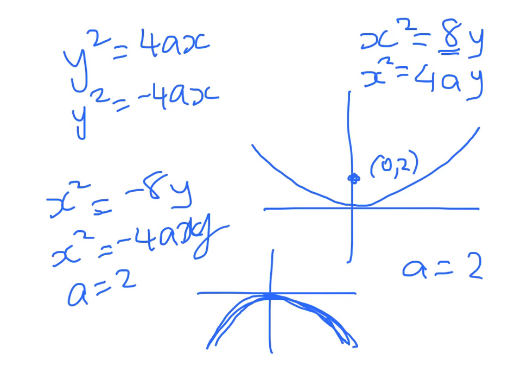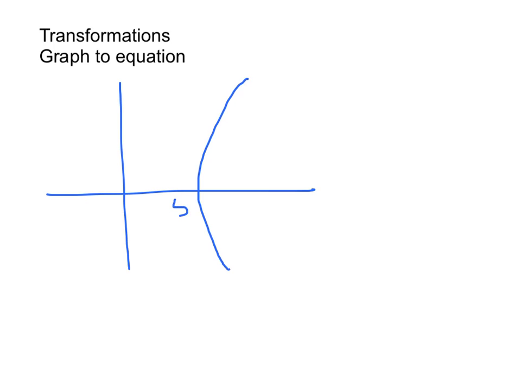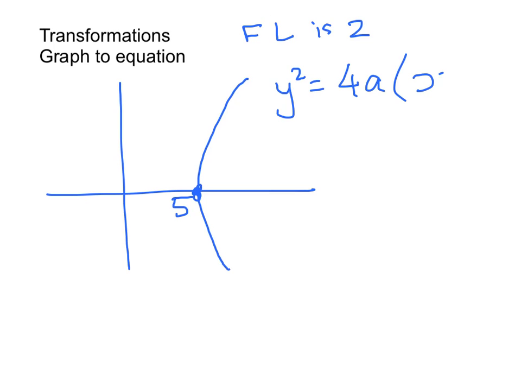Right, now we're going to look at how we can go from looking at a graph to writing the equation. Okay, here comes the first one. Right, suppose we've got a vertex here at 5 and I tell you the focal length is 2. So what's the equation of that one? Well, it's going to be y squared equals 4a, and it's been shifted out horizontally 5 to the right, so it'll be this. So in this case we're going to have y squared equals 8x